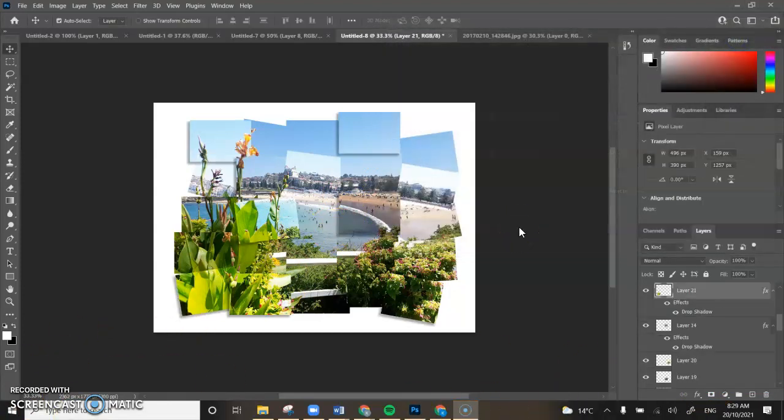Okay, and there you have it, Year 8. Here's your Hockney-inspired photo montage. So I've just gone through and added some more drop shadows you can see scattered around. And I've just had to reorder some of the layers. It's great if you bring the drop shadow ones up on top so you can see the whole image. So you just click